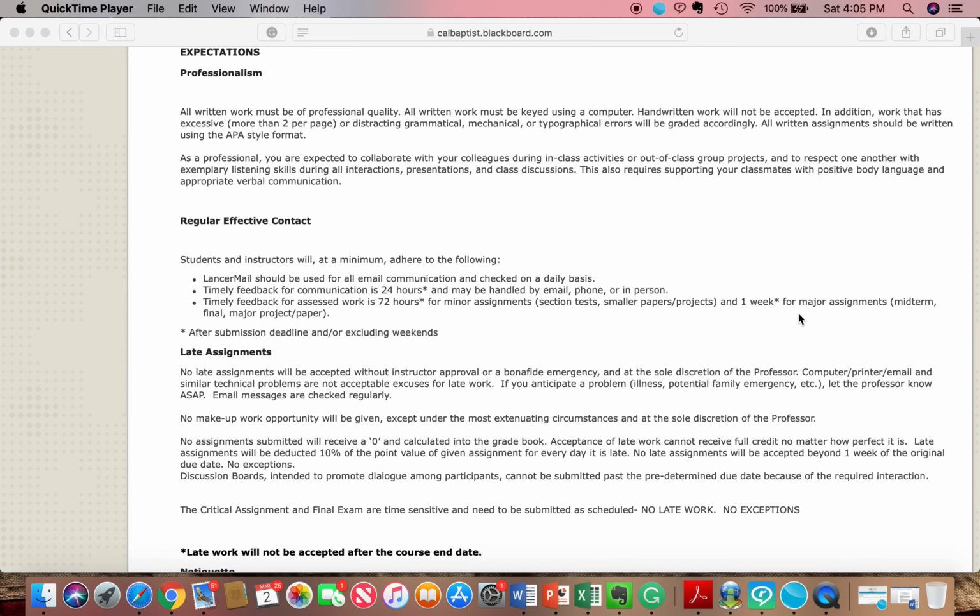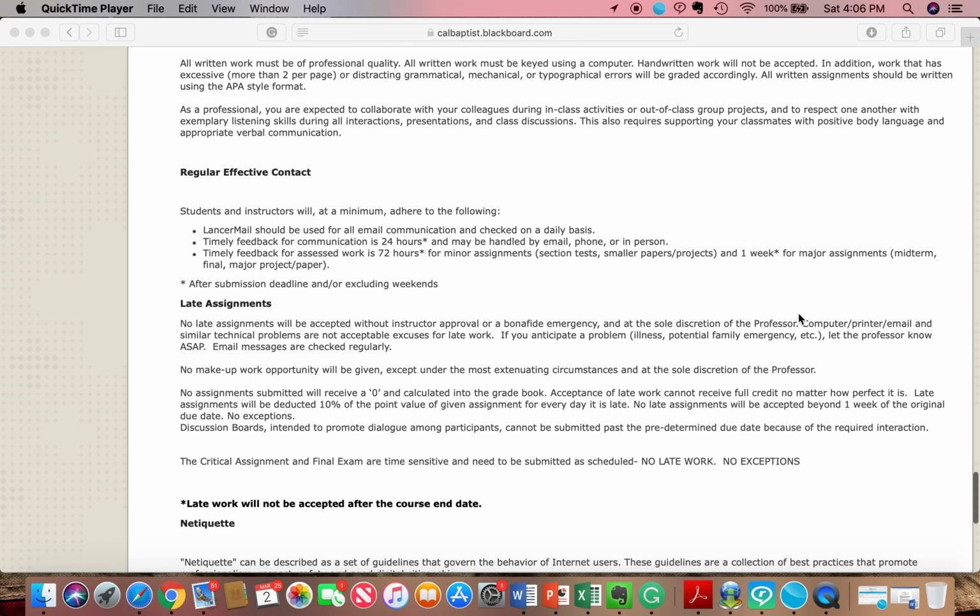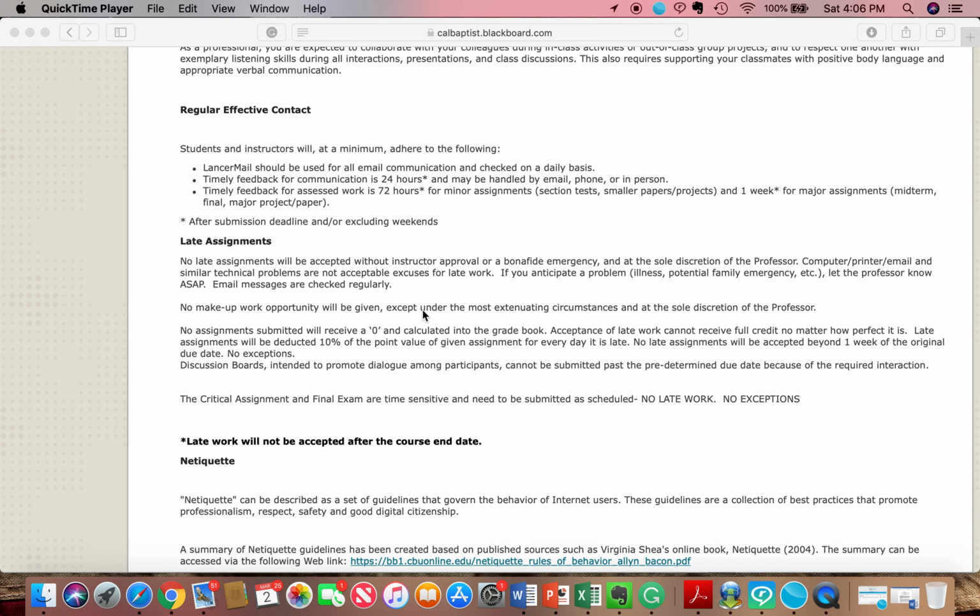Now, if you're a student that turns stuff in early, I typically wait till the closing. That way I can grade all of your assignments together. It's all fresh in my mind. So if you were to turn something in on Wednesday, I'm going to wait till the close on Sunday evening. Then Monday I do my grading. So that's our regular effective contact. And finally, the thing that I need to put a lot of emphasis on